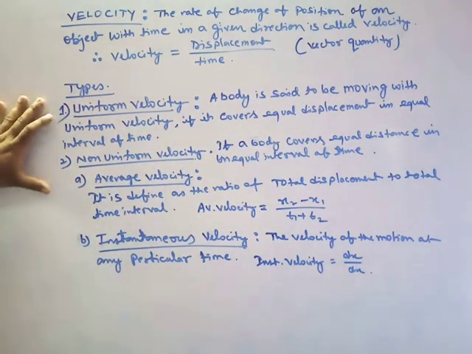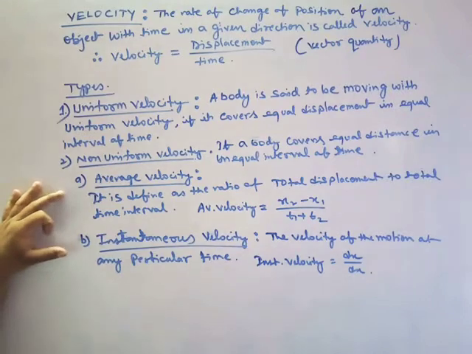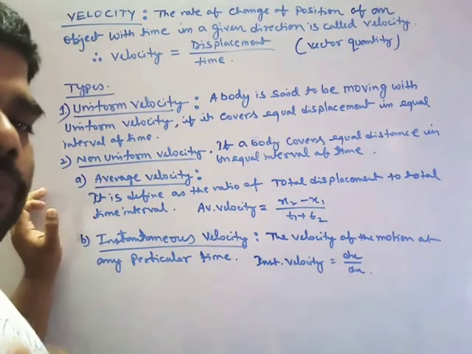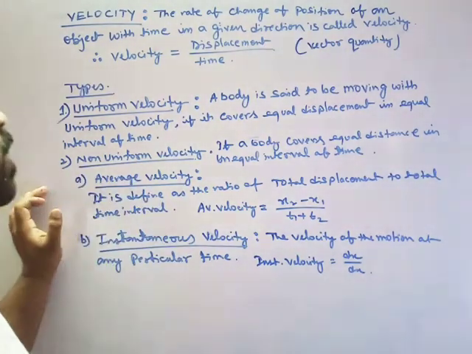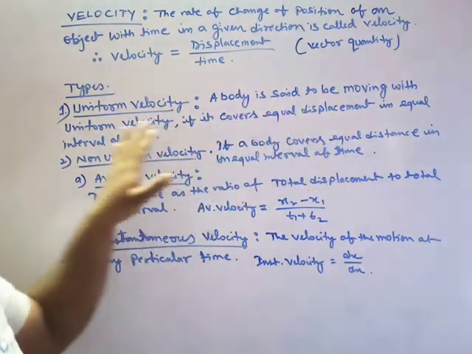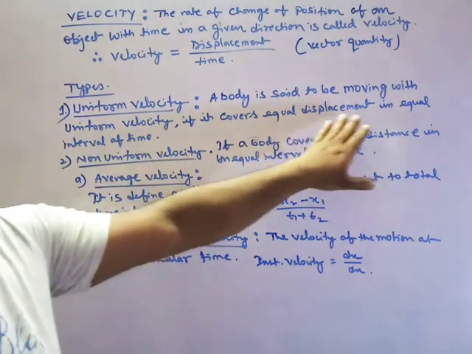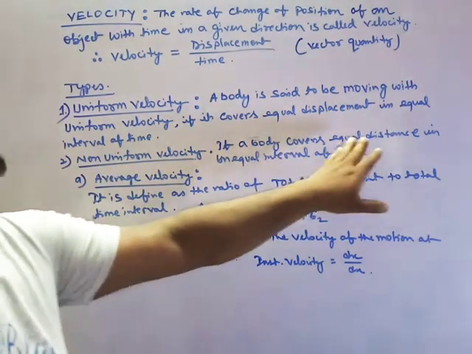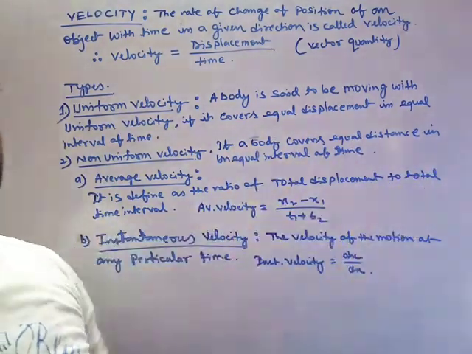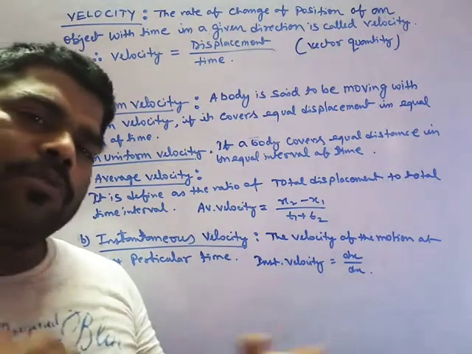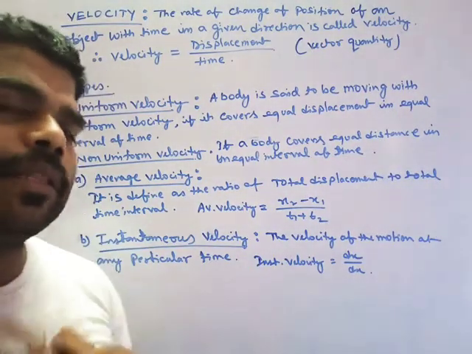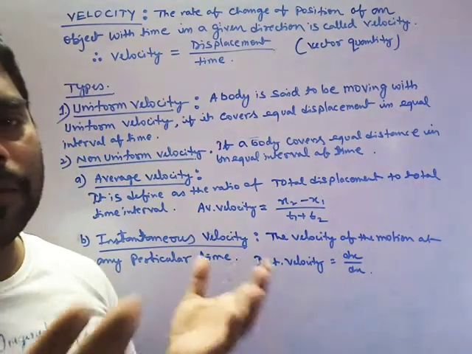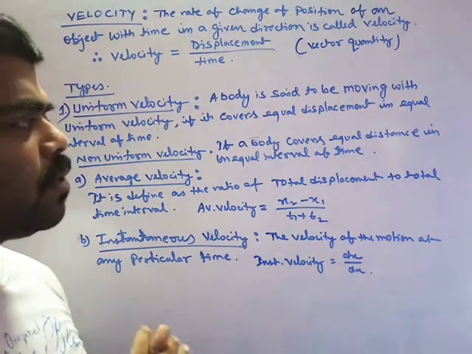Again, these are of two types, uniform and non-uniform. Non-uniform is also again two types. As I told you, this is a similar term as speed. When a body is said to be moving with a uniform velocity, it covers equal distance in equal intervals of time, and non-uniform means equal distance in unequal intervals of time. The graphs will also be the same. जो मैंने वहाँ पे speed में graph बनाया था, यहाँ पे भी वही graph आएंगे. So I am not giving it importance here because I know you can do it.